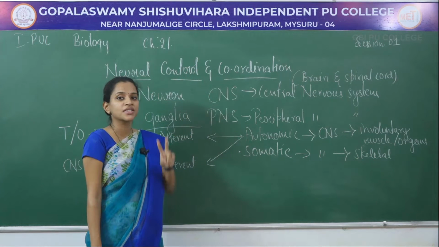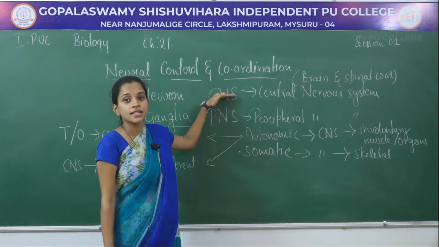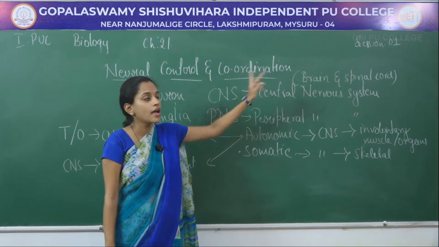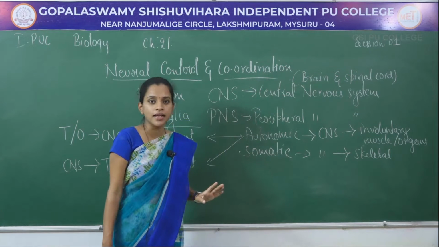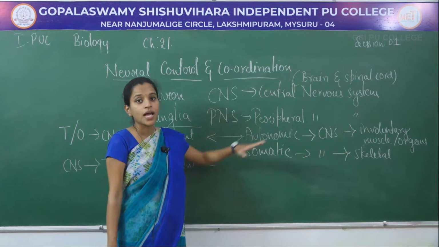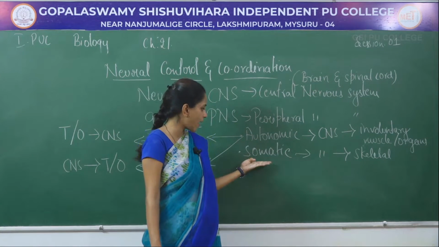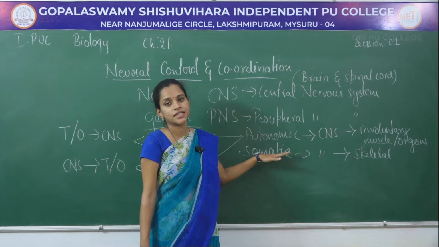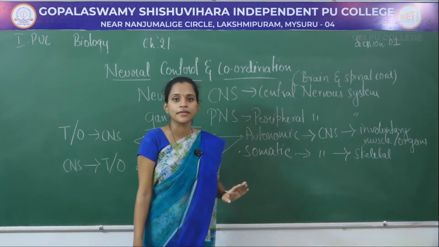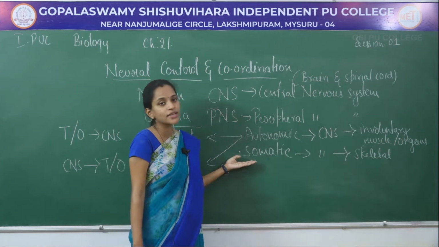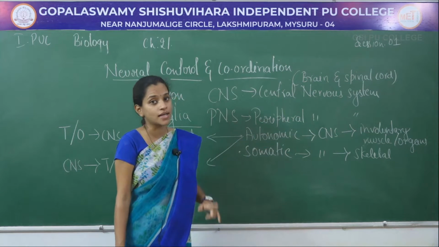The nervous system can be classified into two different forms, including the central nervous system and peripheral nervous system. The central nervous system includes brain and spinal cord. The peripheral nervous system includes the nerves which arise from the spinal cord and spread throughout the body. Now, the peripheral nervous system is further classified into autonomic nervous system and somatic nervous system. The autonomic nervous system passes the signals from the central nervous system into the smooth muscles or involuntary organs, whereas the somatic nervous system passes the signal from the central nervous system into the skeletal muscles.